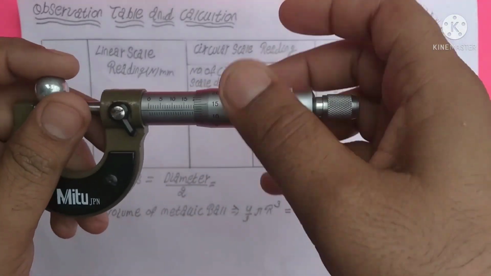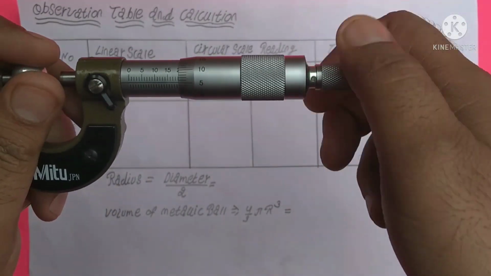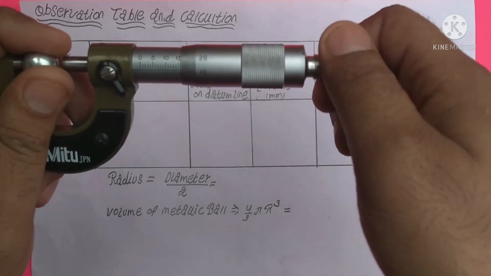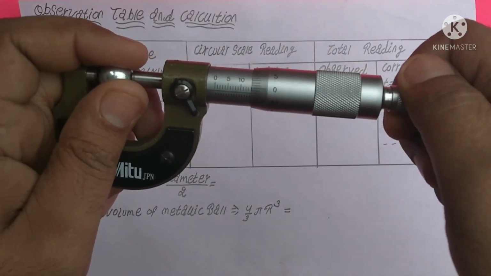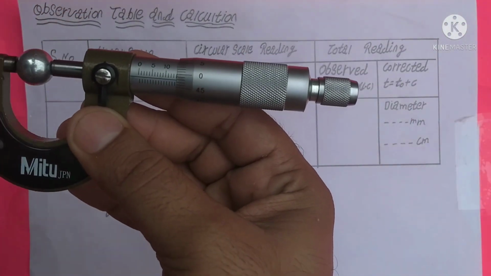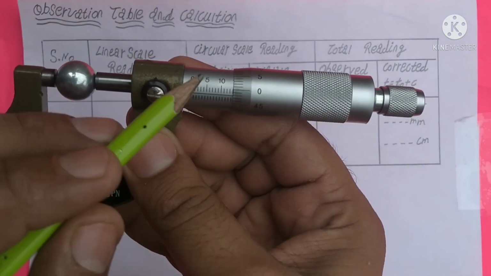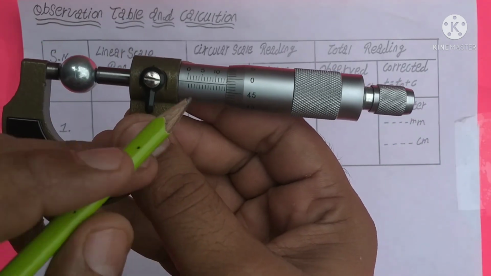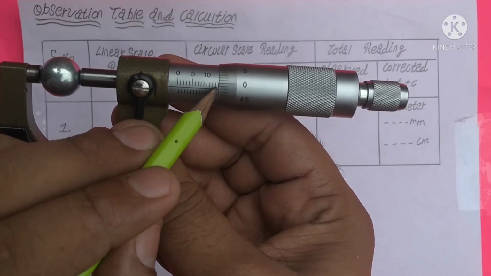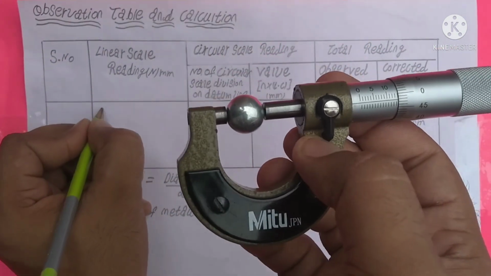Let's see the experiment. So first place the metallic ball between the stud and the spindle and rotate the circular scale with the help of this ratchet until the spindle just touches the surface of the metallic ball, and look from here. First note down the main scale reading, from 0 to that division, on the upper side and downside of the reference line. You can see from 0 to 10 there are a total of 10 divisions and 4 divisions more. So there are a total of 14 divisions on the upper side of the reference line,